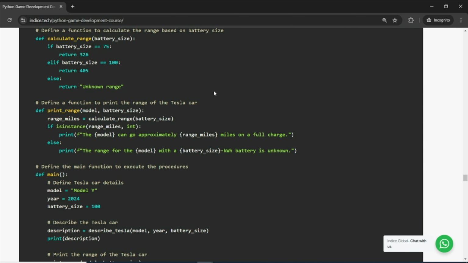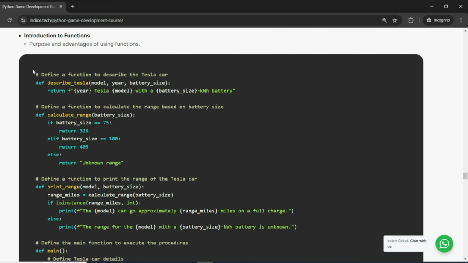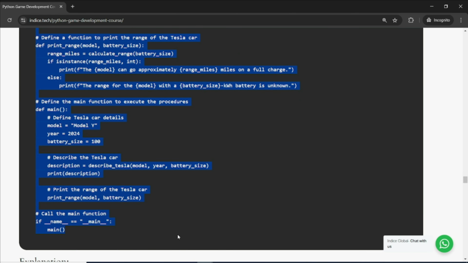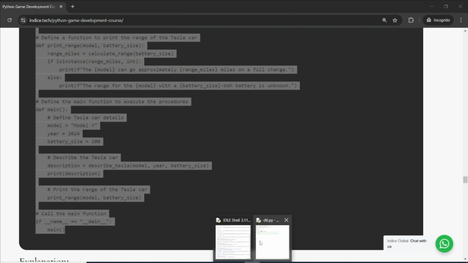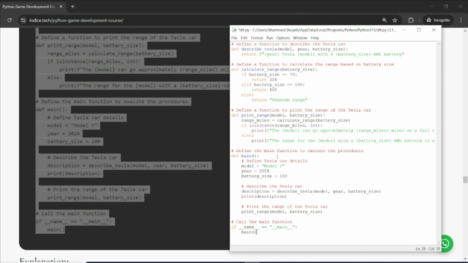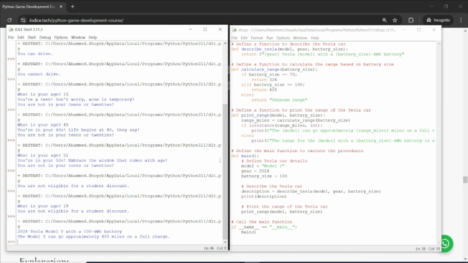What happens if I just copy this code? So if I just copy this code and paste it to my file editor and run, so here it asks for